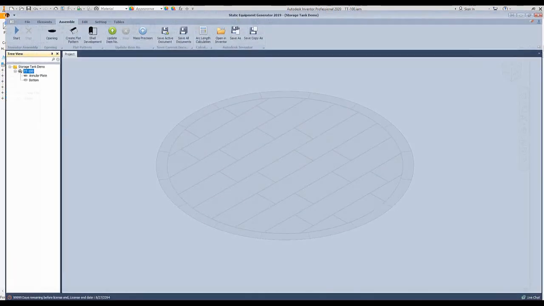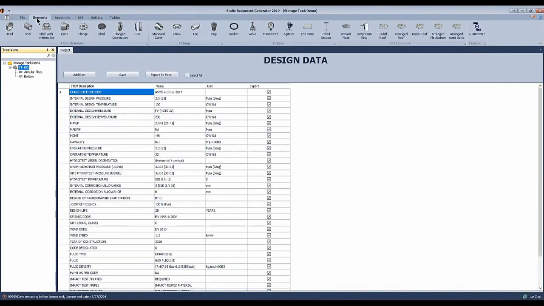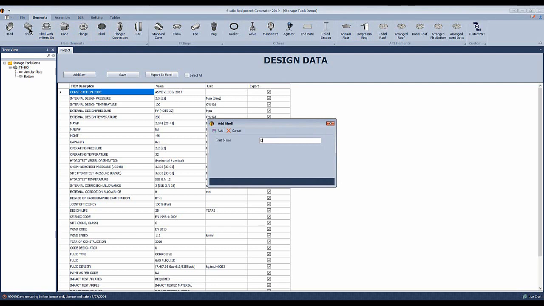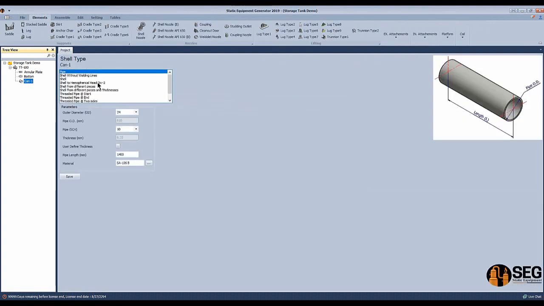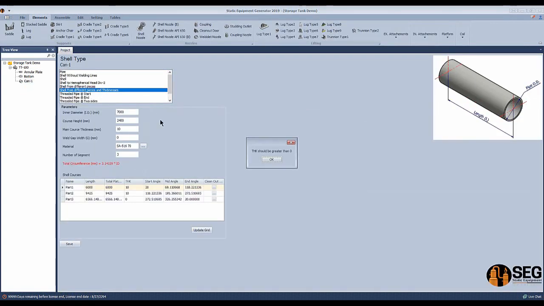Now let's add a shell course. From here we will select the vessel or the equipment, and let's add a shell course 1, and in this type we will select the shell from different pieces and thicknesses. Why do we select this type? Because we have a clean out door, and this clean out door will be on a different shell course with